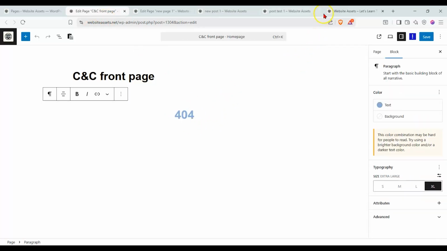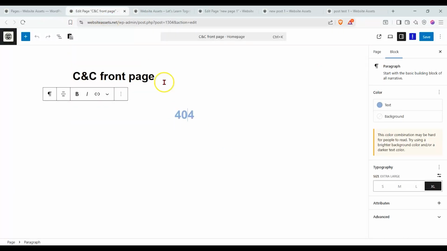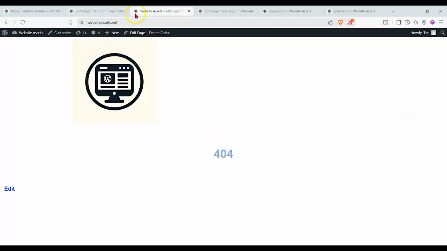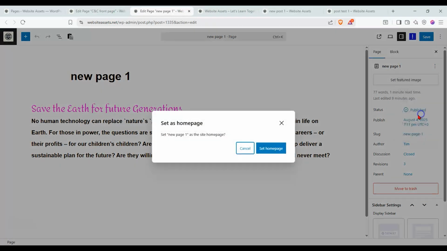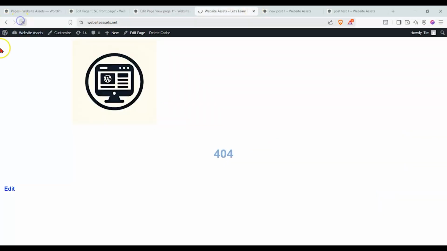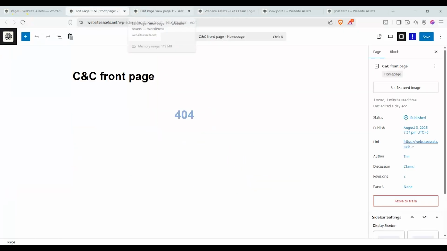Okay, and if we went to our home page, right, hit enter, reload, that's why it's displaying, because this is our front page and it says home page right here, and we can change that by setting that up over here. Or if we went to new page number 1, we can set it as our home page, set as home page, save it, right? And if we reloaded our site on the home page, this will disable. So that's one of the major differences, is that you can set up your home page